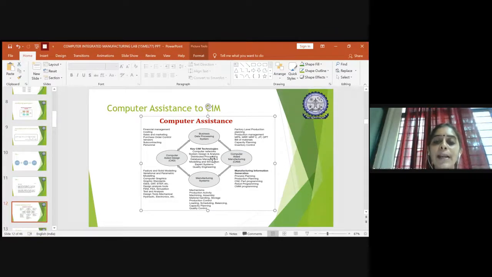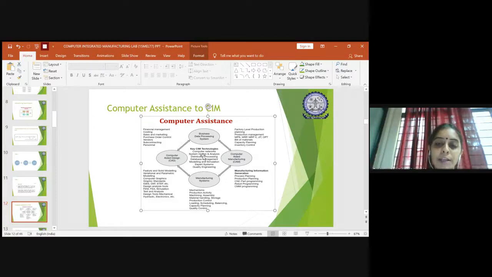Along with that, database management also plays a vital role. Everything has to be interlinked with each other, so that you will be able to communicate on time with the people and extract the data on time from other departments.